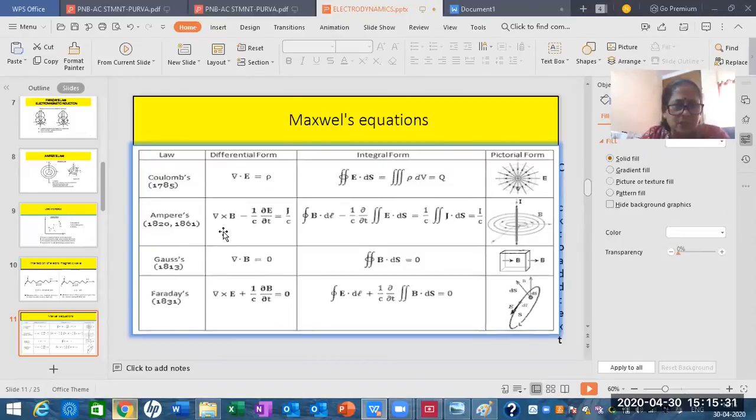So here this is a curl of B. Okay, what is B? B is the magnetic field, E is the electric field. Okay, this is actually J, it is not I, this J by C it is. Fine. And again this is a Gauss law for magnetostatics. So that divergence, so del dot B, whenever you take dot, it is called divergence. So without dot or cross, it is called as gradient. So gradient tells how a particular parameter varies in a particular direction. That is called gradient.